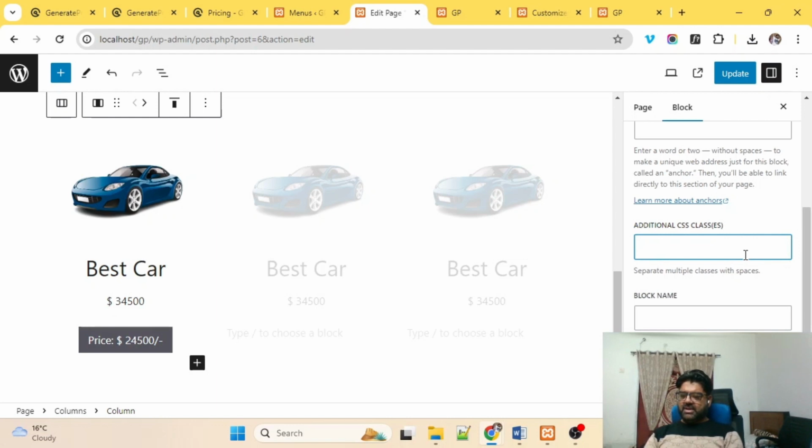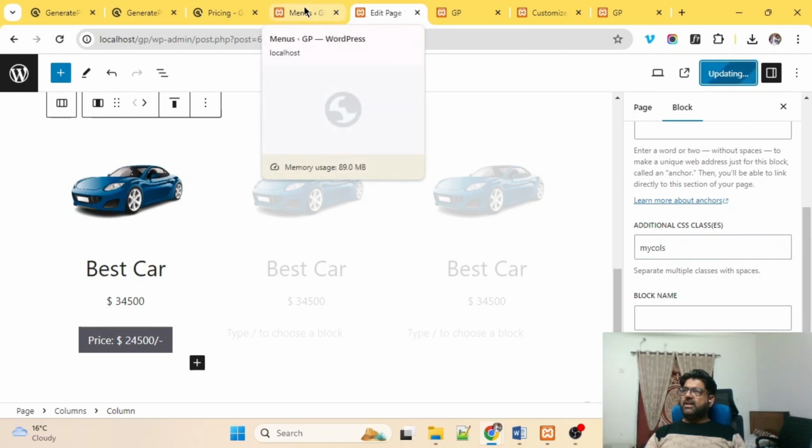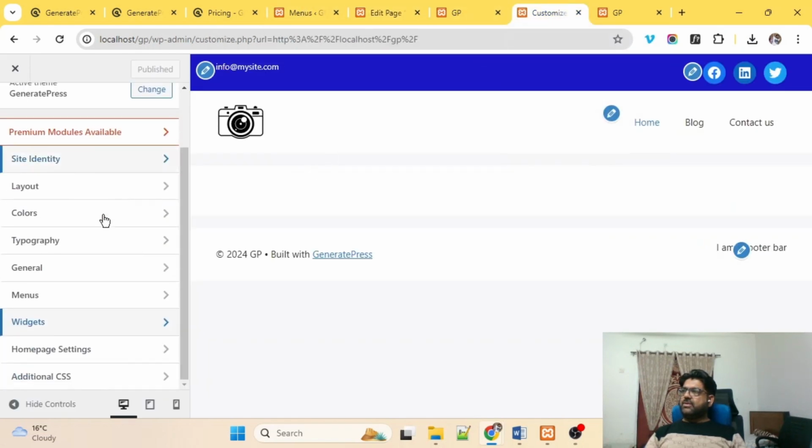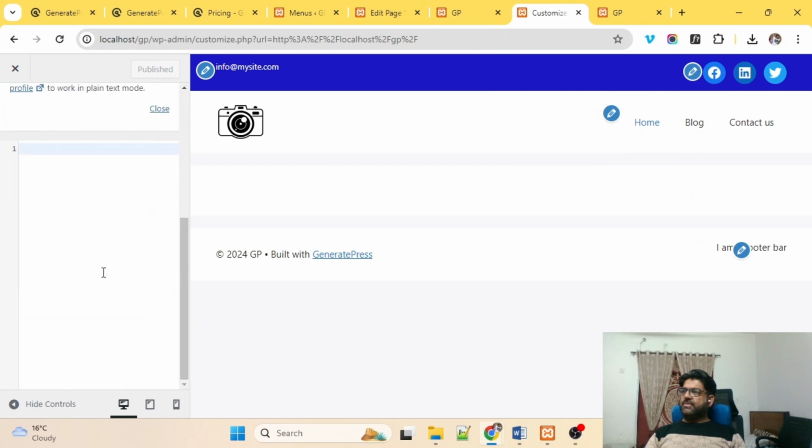Like I say, my-cols, this is the class name I am using for this column, and I will update it. Then what you need to do is go to Customize and Additional CSS options. Here you have to write dot my-cols, and under this you have to write